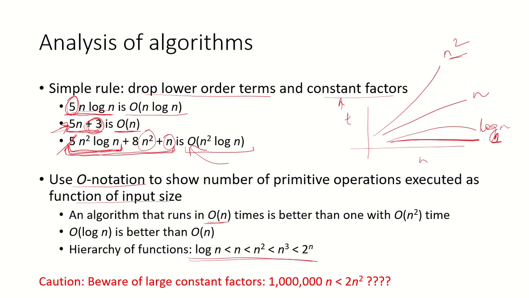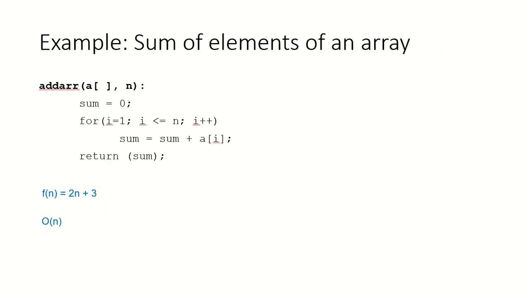However, when we are comparing two algorithms, one having a complexity of order of n and one having a complexity of order of n square, we might feel that the first is better because we have dropped all the leading coefficients. But suppose we had something like 10 to the power of 6 n, and on the other hand we had 2n square, then we should be a little cautious when we are having these large constant factors. Then we cannot directly say that 10 to the power of 6 n is better than 2n square. This would need some further analysis.